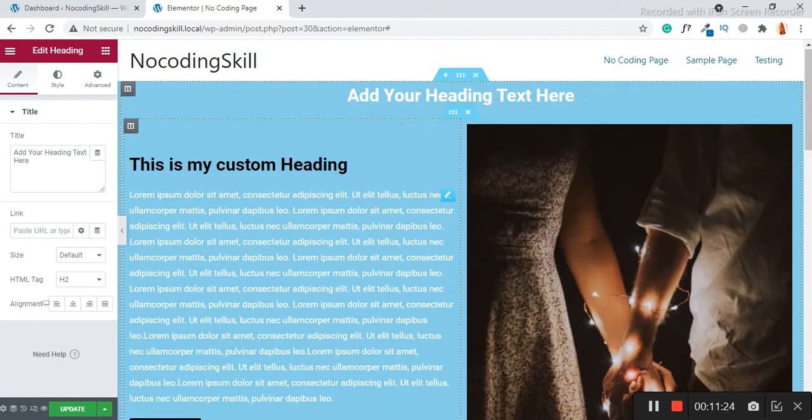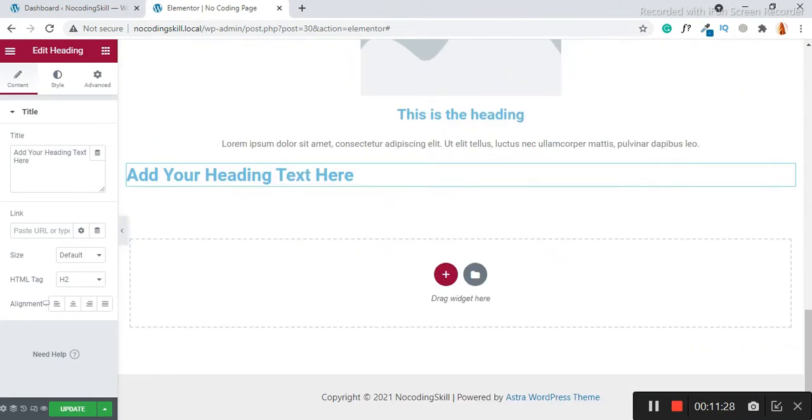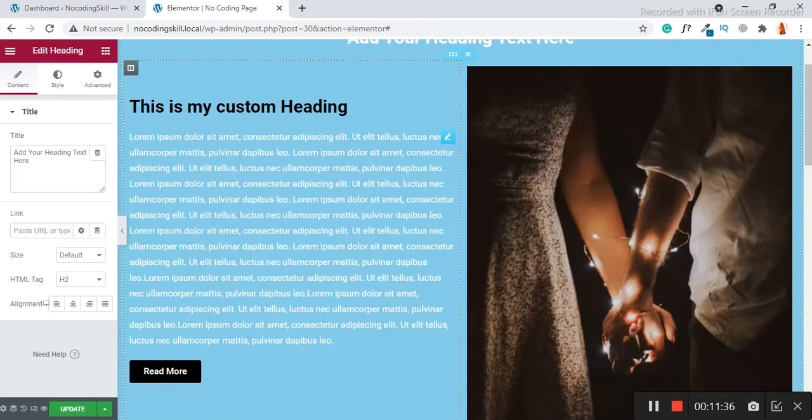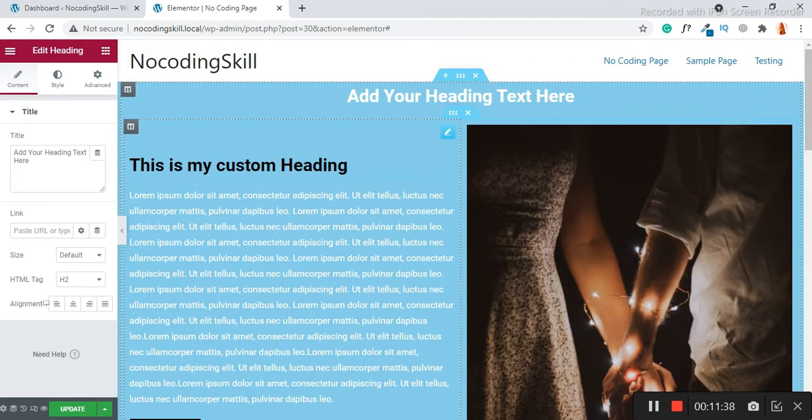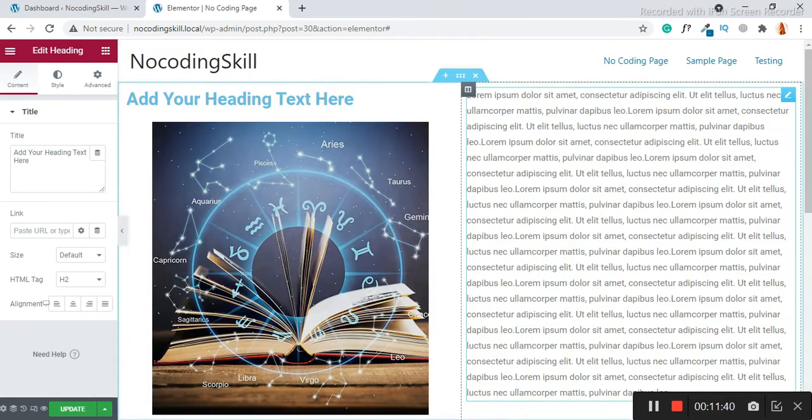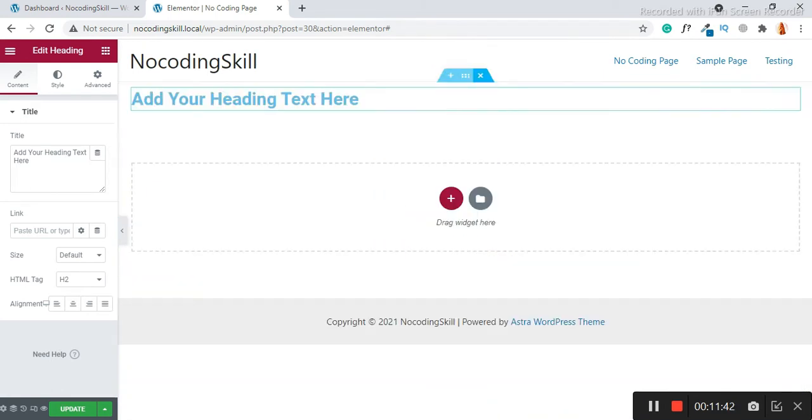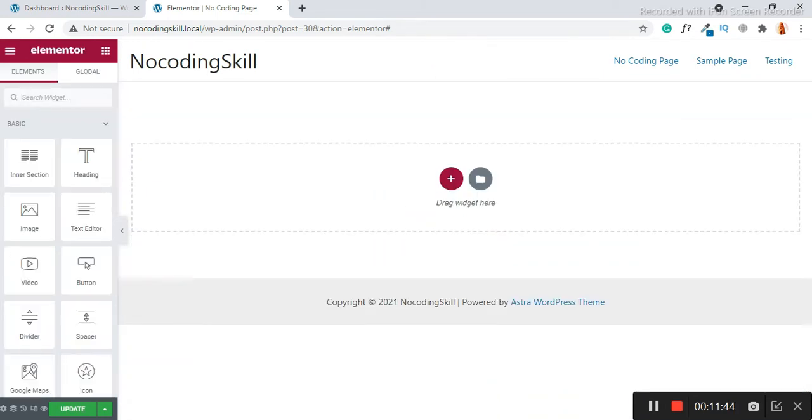So you can make a whole website from scratch, but it takes too much time. So let's do smart things. Just remove it.